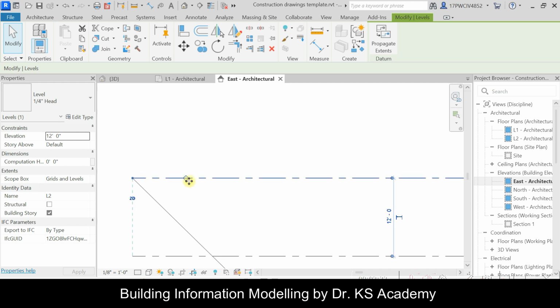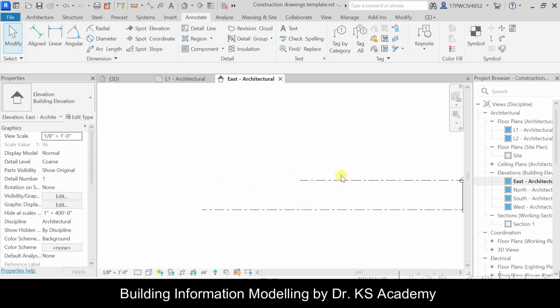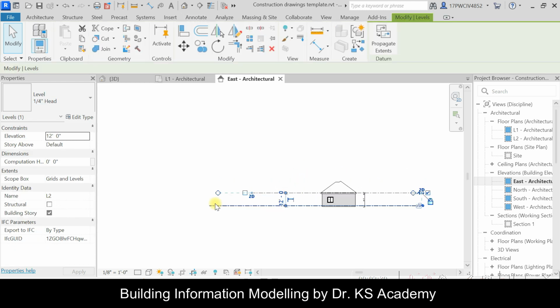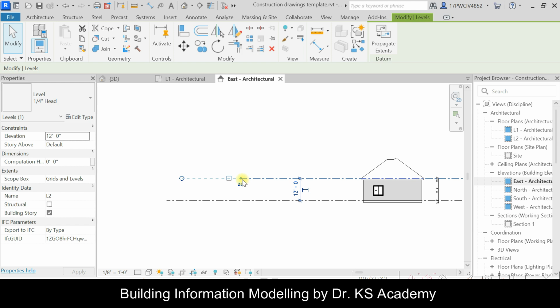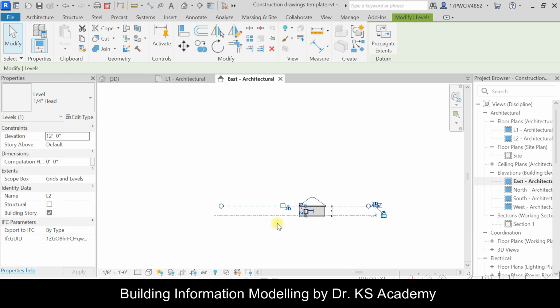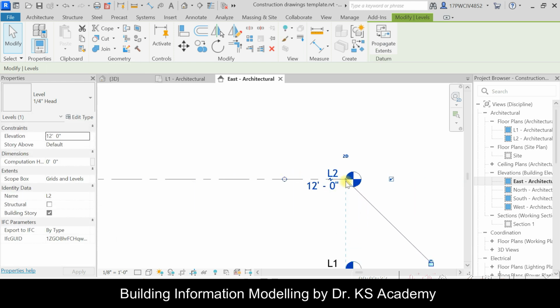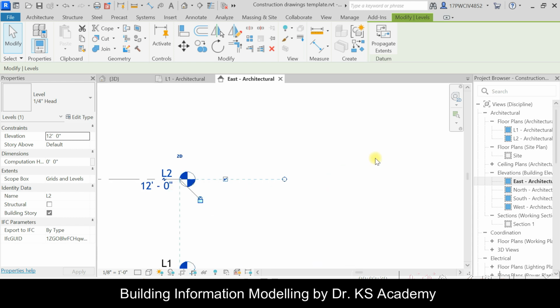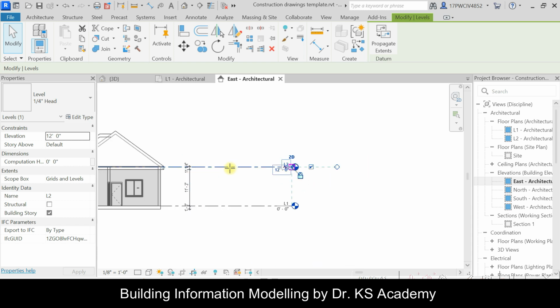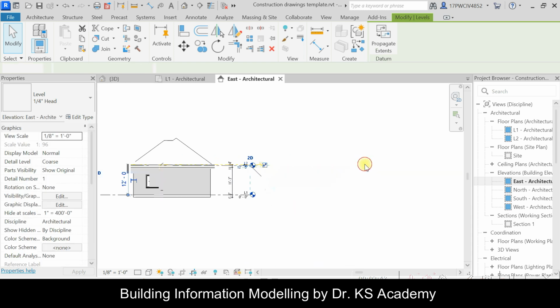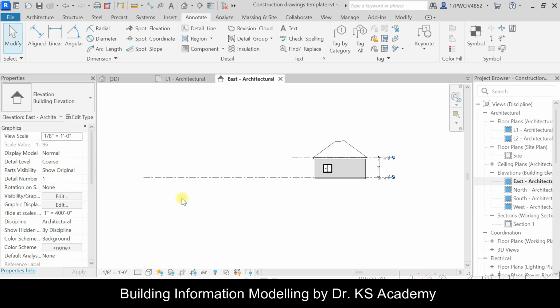Unlock it, and why isn't it moving? Oh yeah, here it is. So yeah, what you have to do is you have to select it and you have to move it to this one, and similarly you have to drag this one and move it up to this corner,